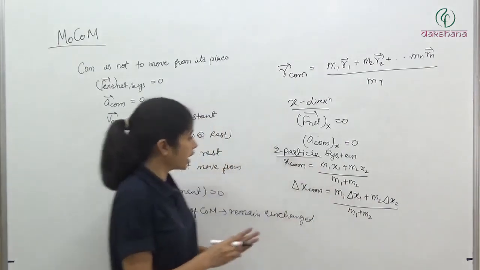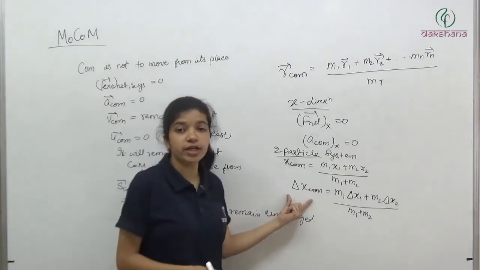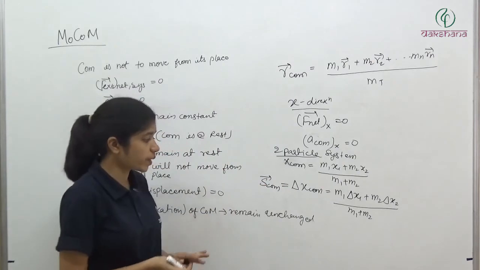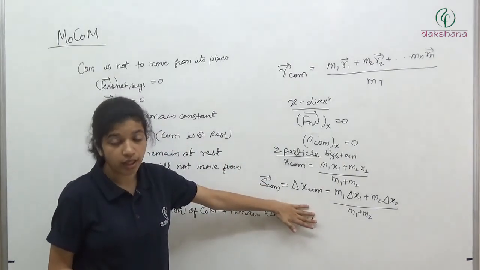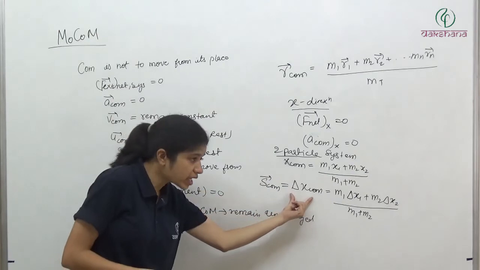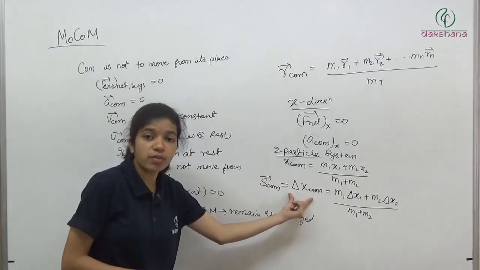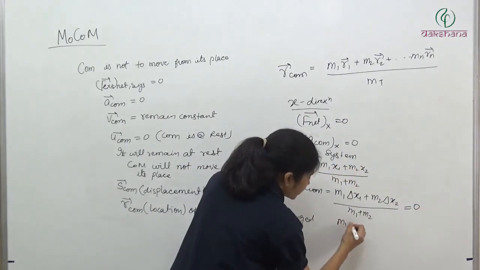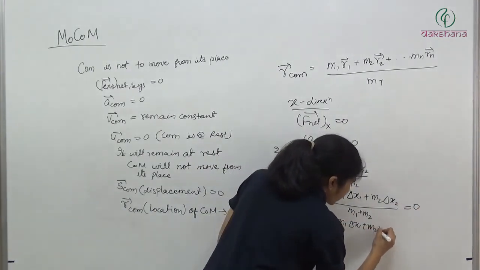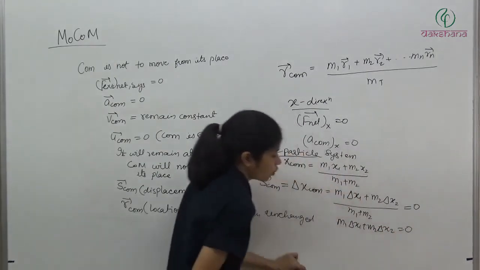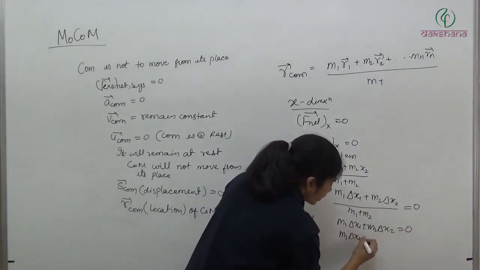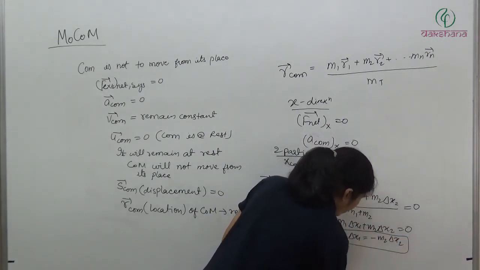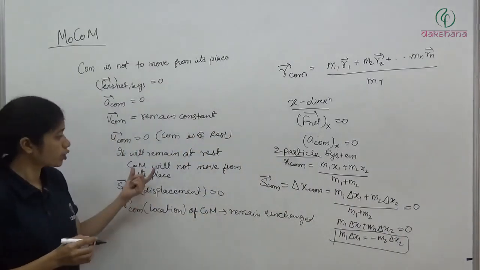Now I am saying कि इन दिस केस delta x of center of mass, this is what? Displacement of center of mass in x direction. So displacement of center of mass is not there. Displacement कैसा है? 0. या फिर change in x coordinate of center of mass is 0. If it is 0, equate this to 0. इससे क्या आया? m1 delta x1 plus m2 delta x2 is equal to 0. इसका मतलब m1 delta x1 is equal to minus m2 delta x2. This is the equation we are going to use while solving the motion of center of mass.